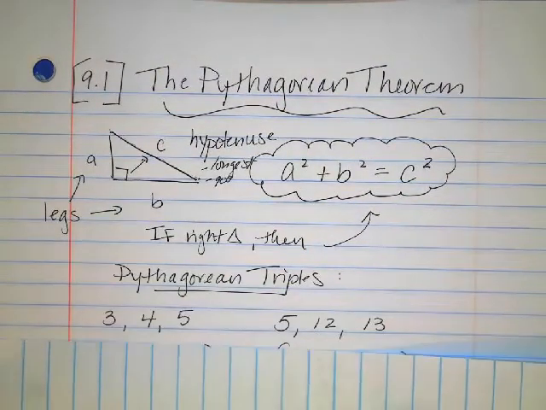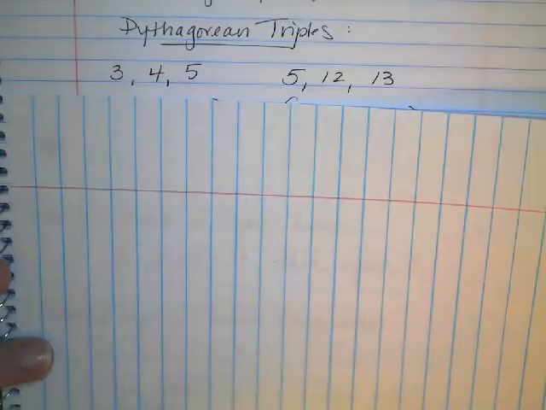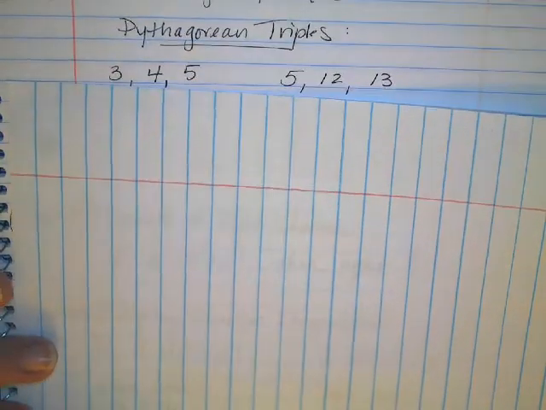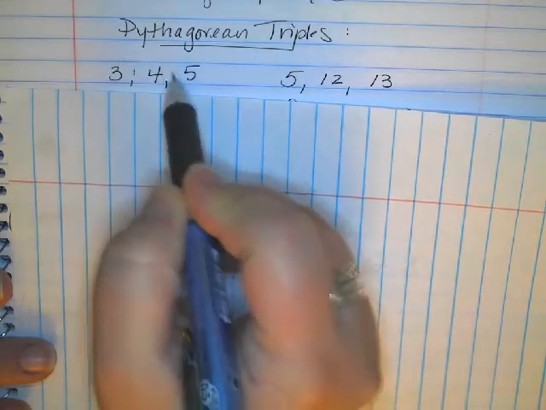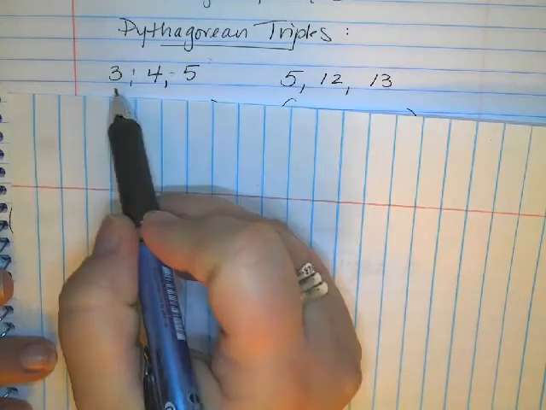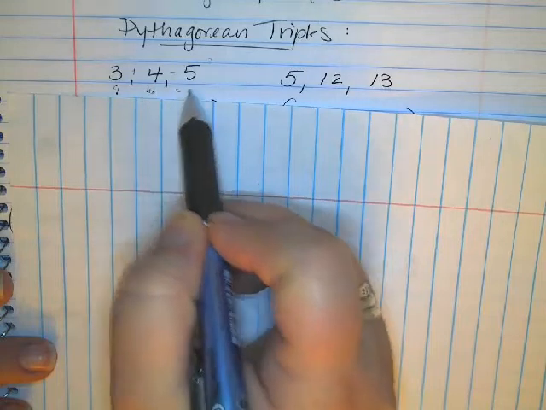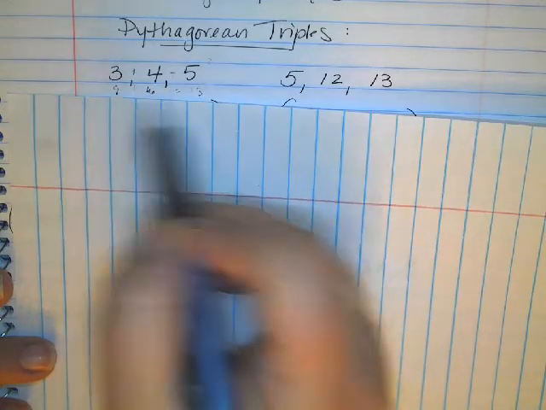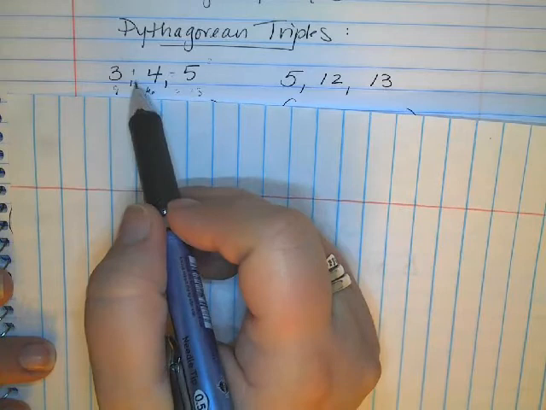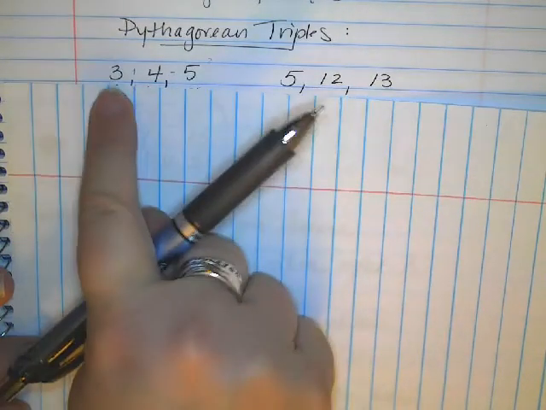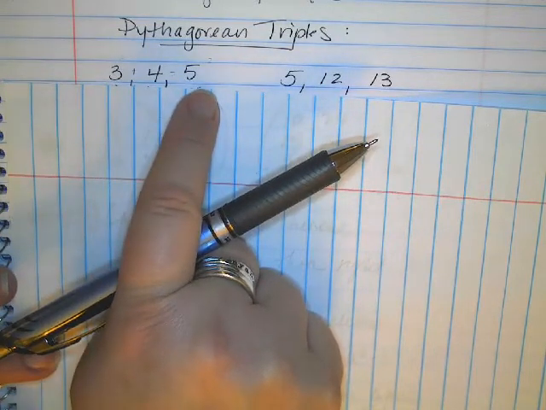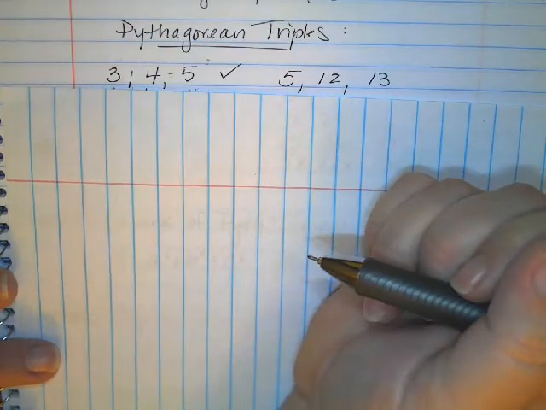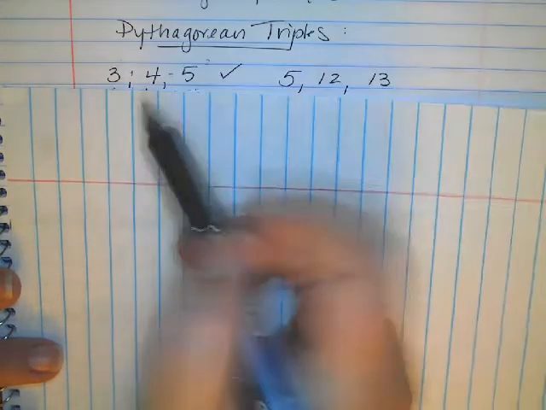Okay, so a couple of things that might help us in our quest as we are solving these are some triples. Pythagorean triples essentially are just shortcuts. We've already done the work on these: 3 squared plus 4 squared is equal to 5 squared, because 9 plus 16 is equal to 25. Since that's true, the Pythagorean theorem works. So if I see a triangle that has legs of 3 and 4 and a hypotenuse of 5, I know for sure that it's a right triangle,